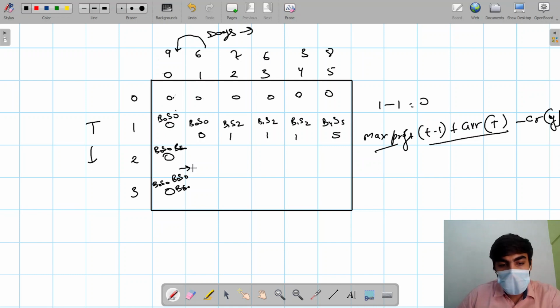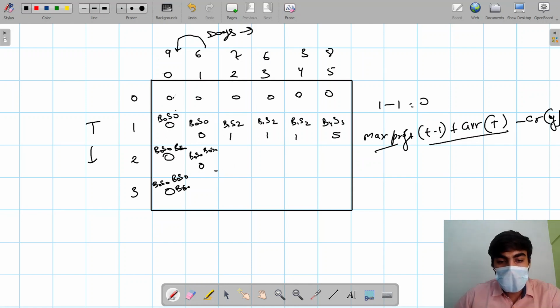First option is we can take it as it is. Like we are checking for two transactions for the first day. At the first day, we have to find out the maximum profit by doing two transactions. So firstly, we think we have already done two transactions before the first day. This is our max profit for two transactions, so we are taking it as it is. First option is that, or we are calculating for the previous one. So for calculating the previous one, 6 minus 9 is minus 3, plus 0, which is minus 3. So out of these, which one is greater, 0 or minus 3? So 0. We are taking 0 as it is. Buy at 0, sell at 0, buy at 0, sell at 0.